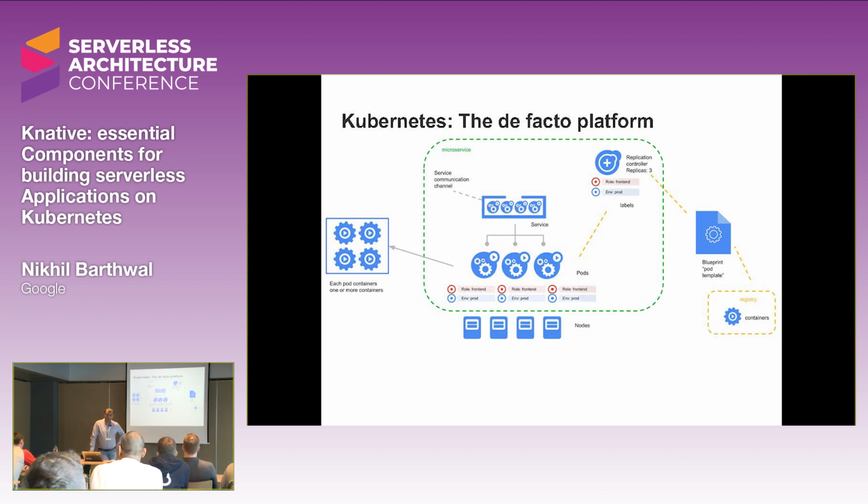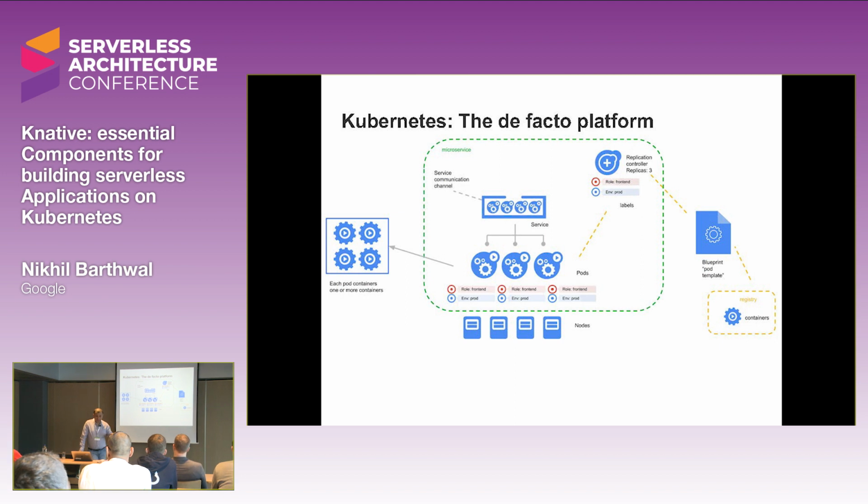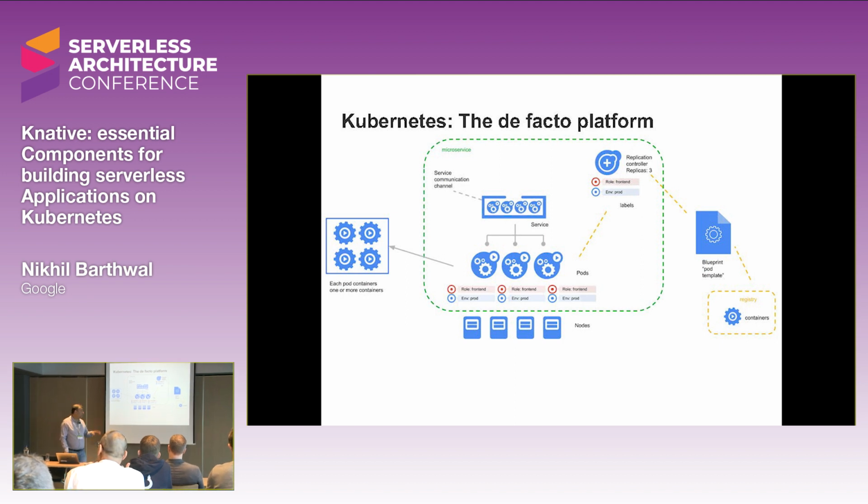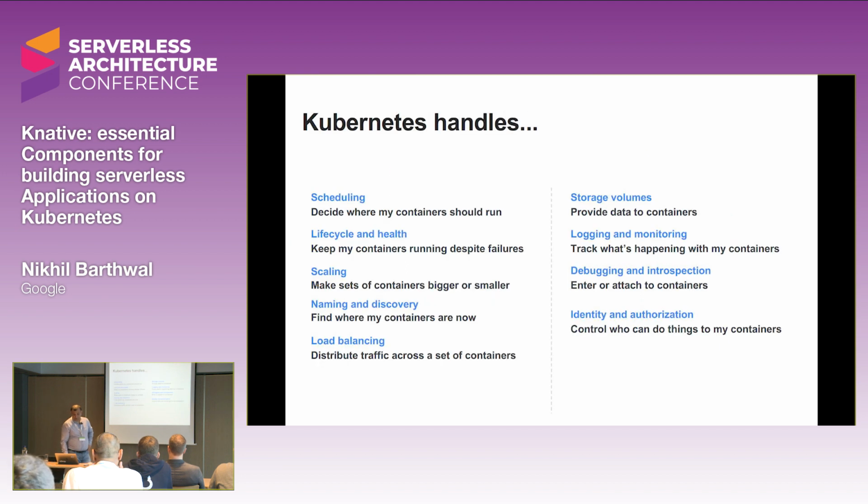So Kubernetes as it is, is basically a platform to build a platform. It's a great point to start, but it's not an end game in itself. And Knative actually is a platform built on top of Kubernetes. And ironically, there are even more platforms built on top of Knative, like Riff and so on. So there are a lot of platforms out there. But yeah, Knative is basically built on Kubernetes. It actually extends Kubernetes using custom resource definitions. And Kubernetes provides a lot of functionality to us, right?